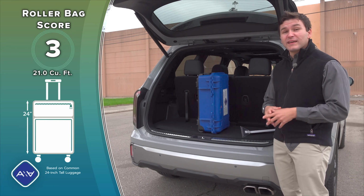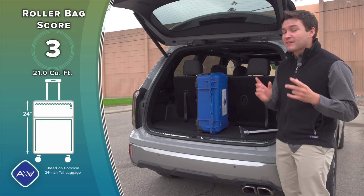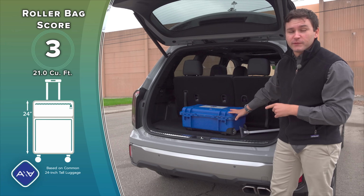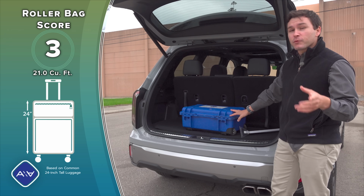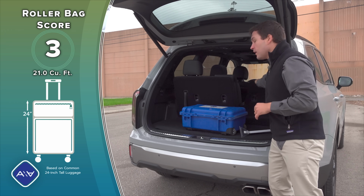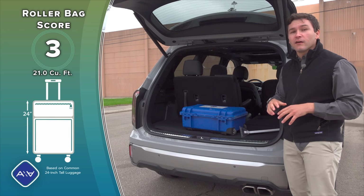Now, one major reason to get the Telluride over the Palisade is actually in this particular measurement, because the Palisade only has 18 cubic feet of space back here, and on the upper trims, it has a power folding third row seat. This is just a manual one, and once you fold that down, you'll have 46